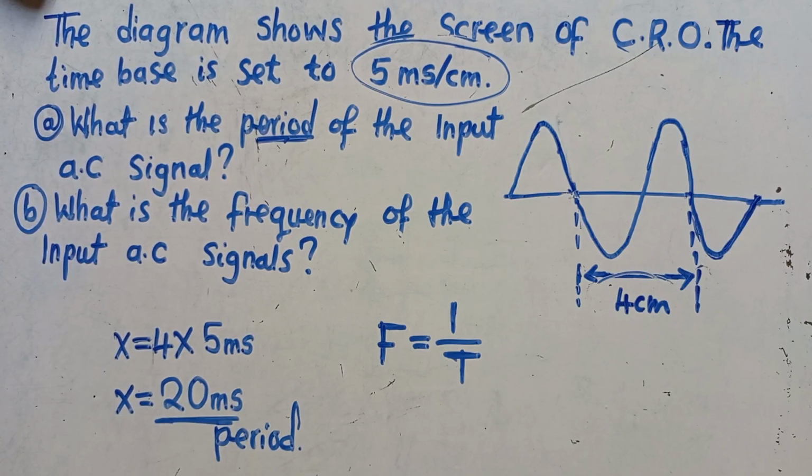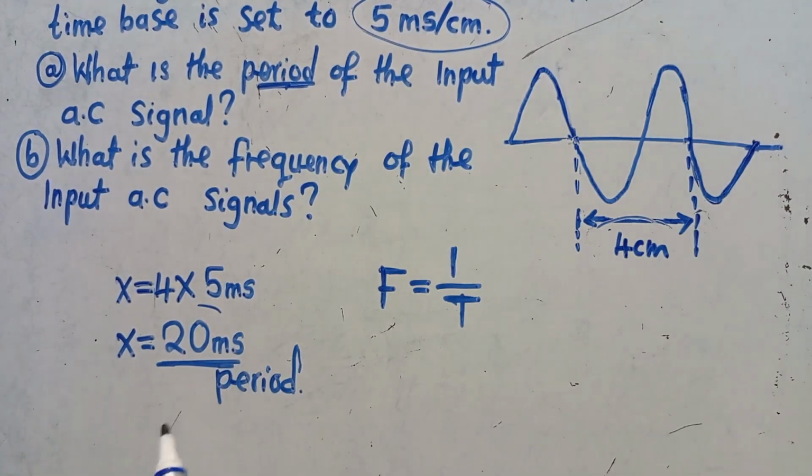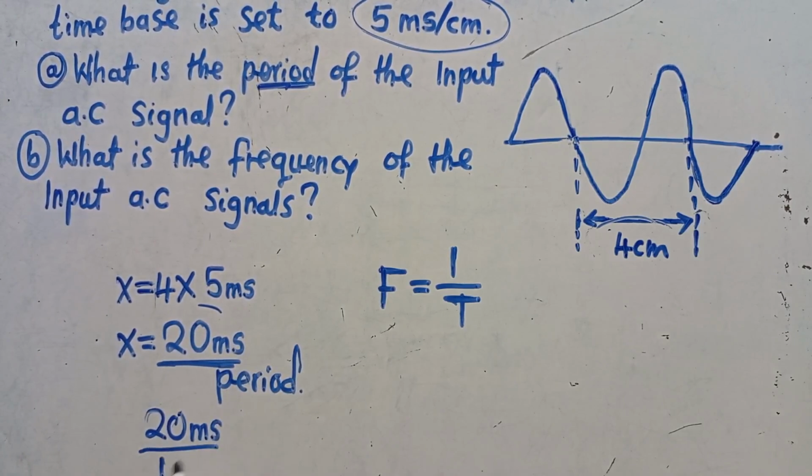Something you need to get and understand here is that you need to make sure that you convert these milliseconds to seconds. Have you seen? So this is something you need to do. We convert milliseconds to seconds. The best thing is to take this 20 milliseconds and just divide it by 1000. This is the easiest way. Instead of knowing those conversions, it's better you just take the 20 milliseconds and divide it by 1000. Then the answer you are going to get is